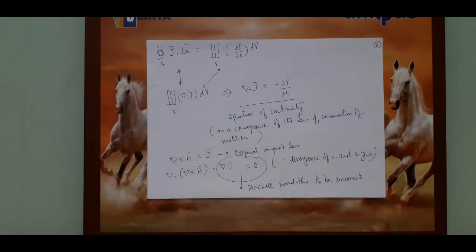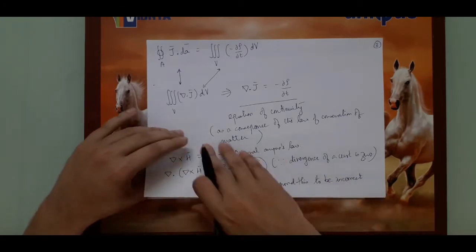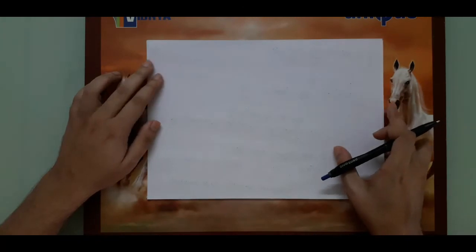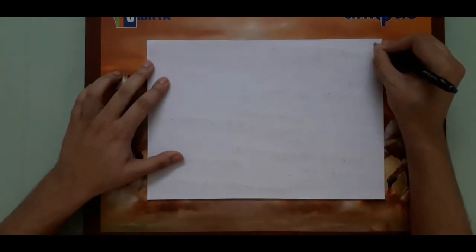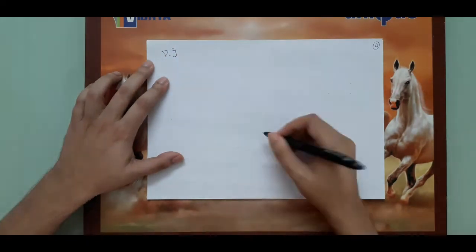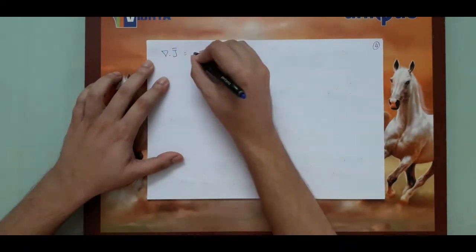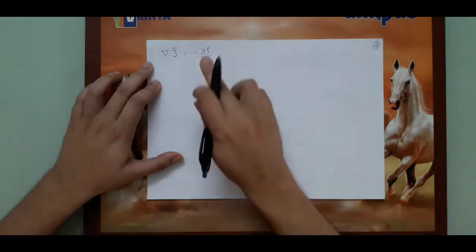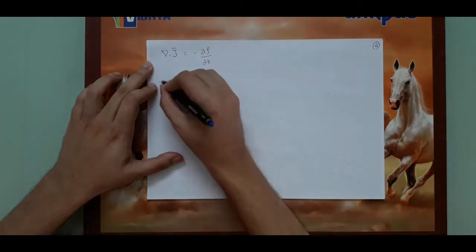So Maxwell proved that this was incorrect. So then he said that as per the equation of continuity, del dot J should be nothing but minus d rho by dt. So if I take this on the left hand side, I will get